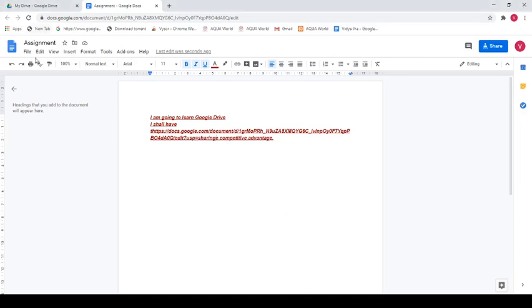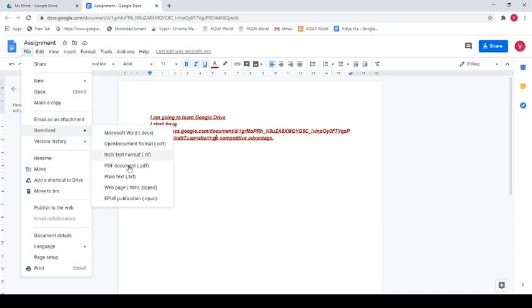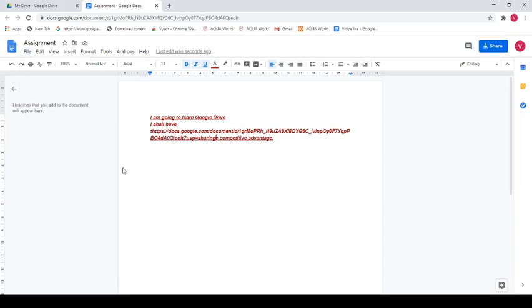Suppose you don't want to save it as a Word file. You want to save it as, say, PDF. Assignments are sometimes submitted as PDF, so we want to save it as PDF. We click on PDF. It will be automatically saved in PDF format in your download folder. Remember where? In your download folder. Now suppose I open it, you'll find it in the download folder. See, it is in PDF format. It is very much there in your download folder.